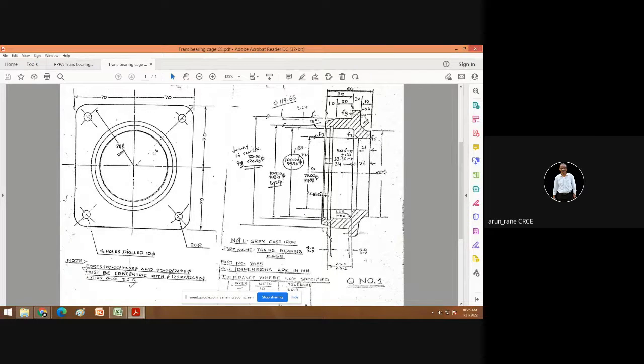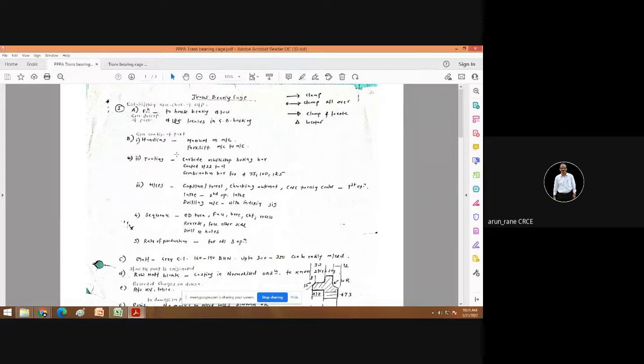Which housing? Gearbox housing. So the function is to house the bearing diameter 100, and diameter 125 locates in the gearbox housing.